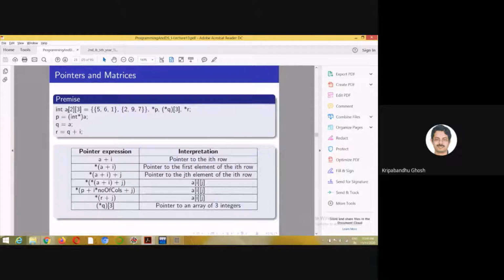So this is a two-dimensional array, right? int a[2][3]. So there are 2 rows and 3 columns, right? And I'm trying to access this both as a matrix and also as a pointer. Then I am trying to access the elements of this matrix using a pointer, or pointers of different types.